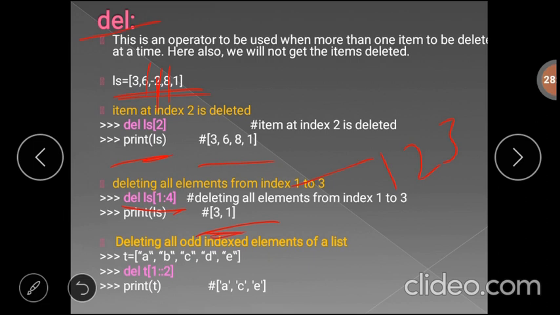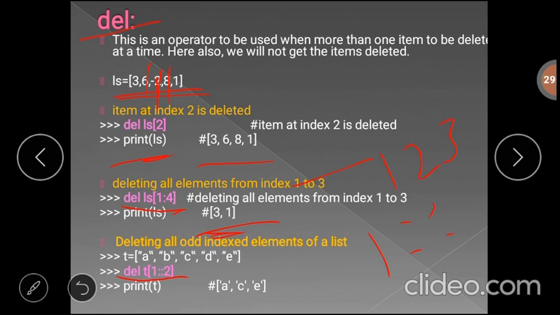Deleting all odd indexed elements of a list. Here we can just delete all the odd indexed elements. For that you can just give the command like t1, then colon, then again one more colon. That means we are not specifying the second parameter, that is the end parameter.